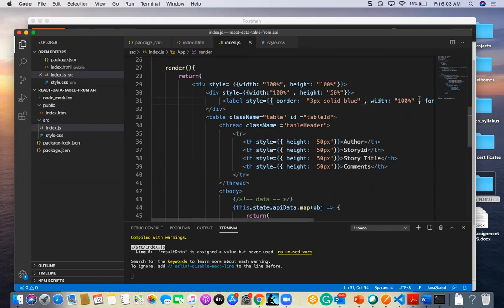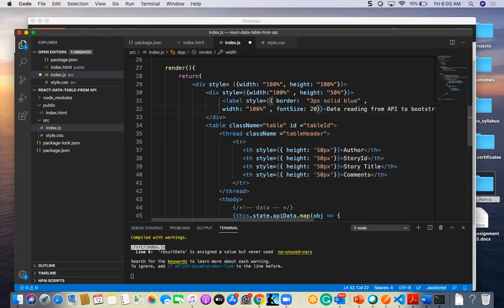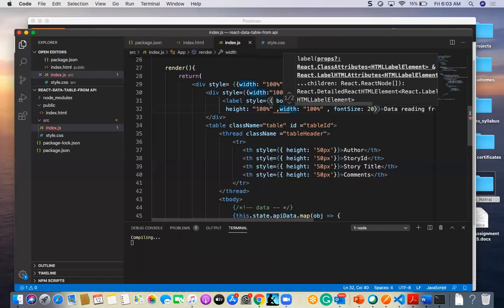Height, where is height, 170, and here I am going to mention width and height, and it is something like 100%.